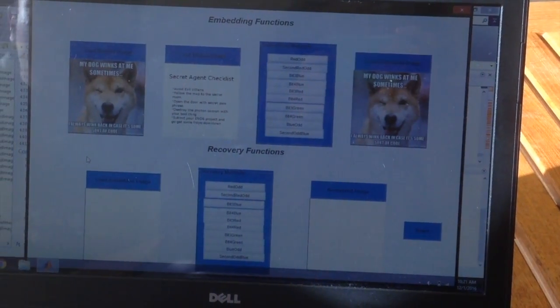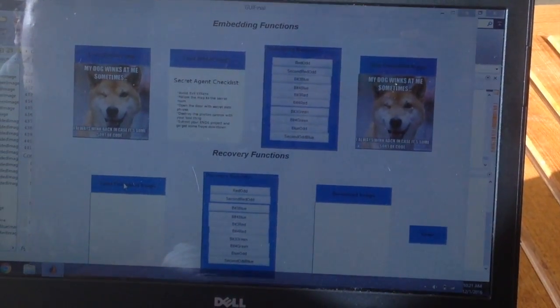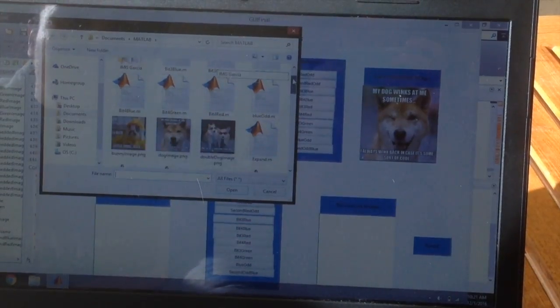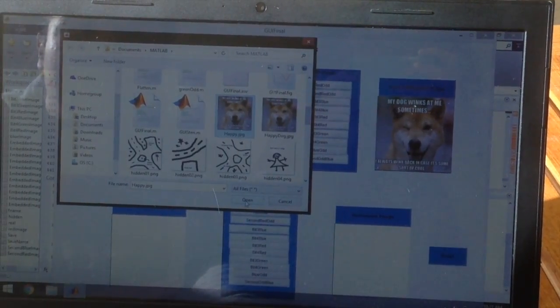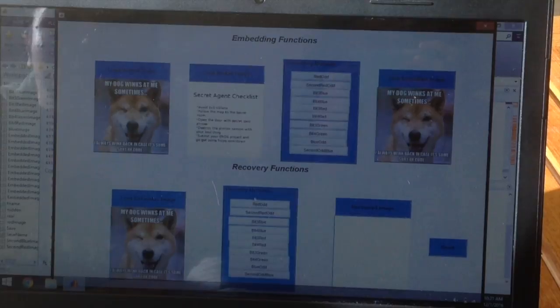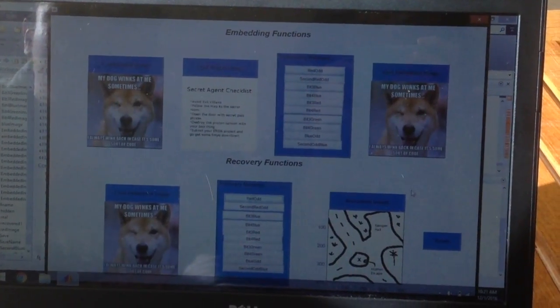Now we want to recover the hidden images. We have to load the same embedded image that we had before. And here it is. And we are going to use recovery method red odd function, which displays hidden image 1. When we're using recover red odd, what happens is that we take the encoded image